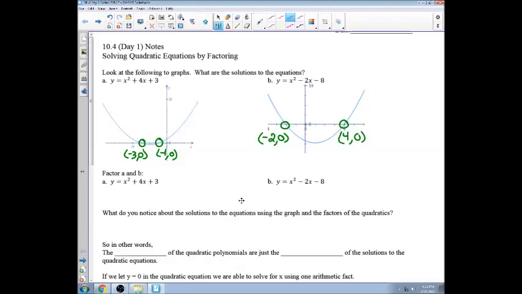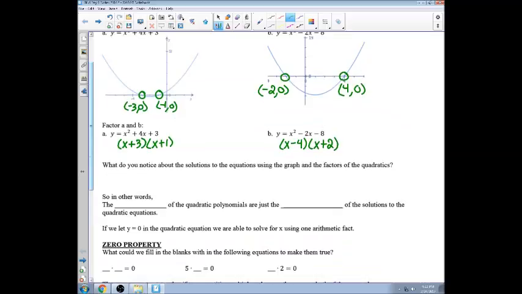Now, if we go ahead and factor these exact same equations, what we're going to find is that my factors would be x plus 3, x plus 1, and x minus 4, x plus 2. All right. So what do you notice about the solutions to the equations using the graphs, so where it crosses the x-axis, and the factors of the quadratics? Well, if you just look at the numbers, I have 3 as a factor and negative 3 is my solution. What we're going to find out is that they are opposites